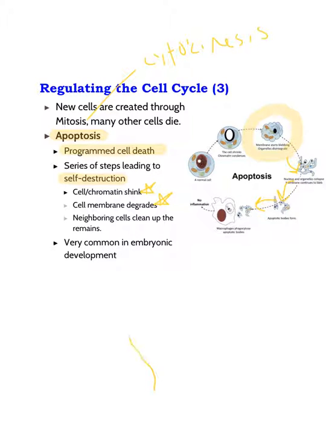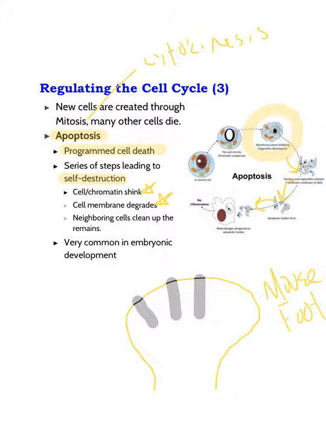It plays a key role, apoptosis does, in the formation of the feet of mice. Okay, so consider this an early mouse foot in development. Apoptosis plays a key role because each foot of the mouse is shaped the way it is, partly because cells between the toes, which I will indicate with a highlight, will die via apoptosis during development. So you're going to have certain cells programmed to die within that developing mouse foot to actually give it its